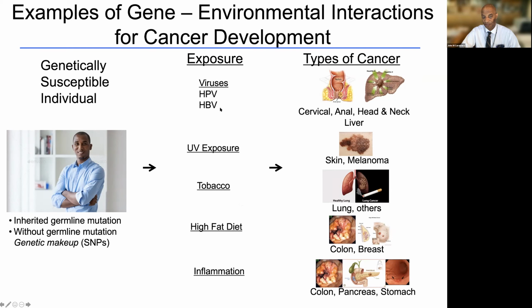For instance, we know HPV could be a high risk for cervical, head and neck, as well as anal cancer, and HBV, hepatitis B virus, for liver cancer. We know about UV exposure in skin. Tobacco can provide increased risk for lung cancer, head and neck cancers, colon cancers, etc. But more importantly, for the GI tract tumors, high-fat diet and inflammation can lead to several colon and gastric tumors, as well as breast and stomach tumors as well. So this is the combination of this genetically susceptible individual, all of us, and that environmental exposure can increase your